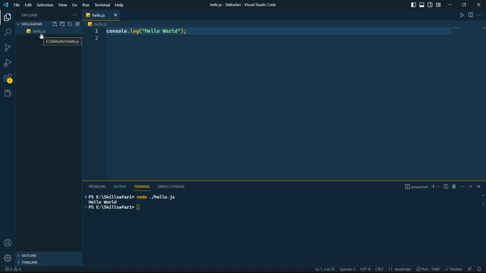So in Node.js, we are going to use the JS extension. This is not something different. As I told you guys, JavaScript and Node.js are completely the same, so the extension is also the same.